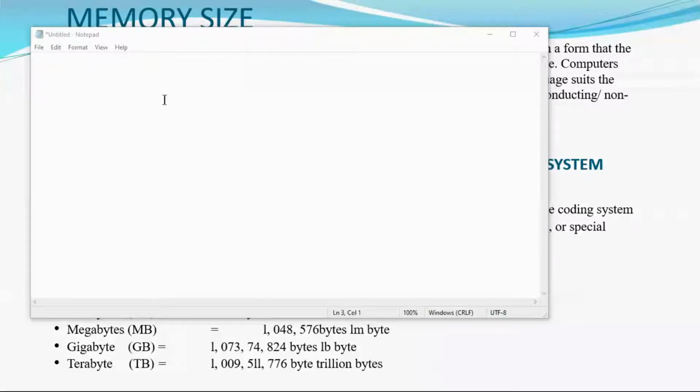All right. Now let's look at memory size. We have said a bit is either 1 or a 0. And then we have also said that a byte is a group of